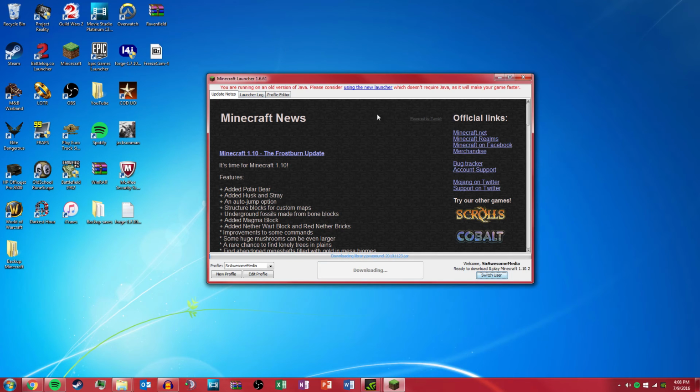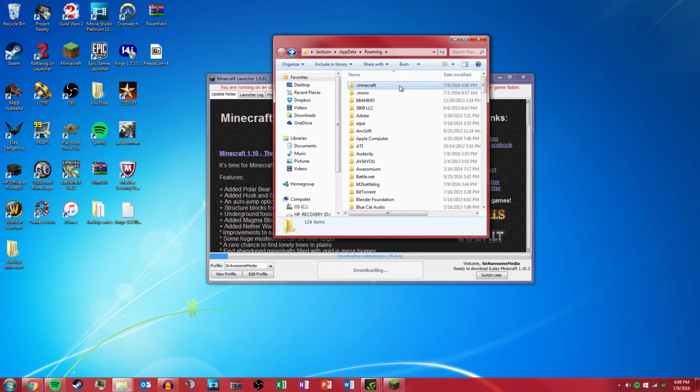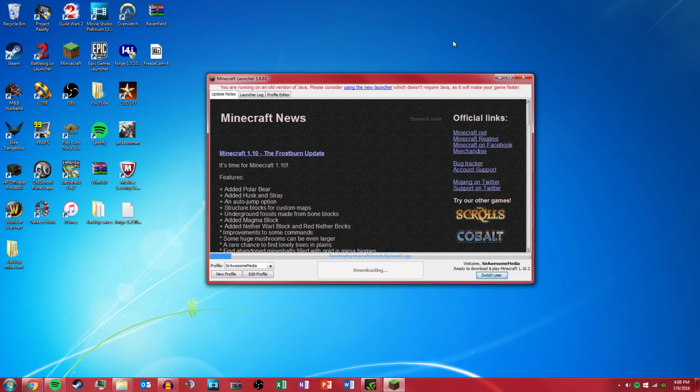And what this does is it downloads all of the necessary files for .minecraft. As you see, it's already created a new one. But loading the game will give you any necessary files that might be missing. And it's downloading it right now. That's what you really need to do. So once it's done downloading, it'll launch Minecraft, and from there